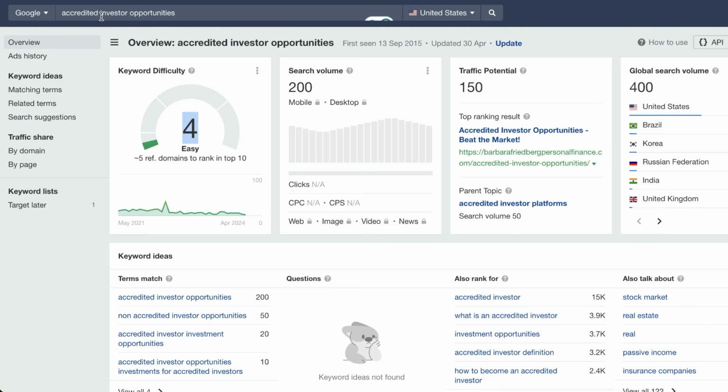And this is just one of many types of keywords that you could target. And all you need to do is some keyword research on the kind of things that you sell or the kind of investment opportunities that you have available, or whatever someone who you're looking to target may search for. You need to answer questions related to that. And chances are that the keyword difficulty for these kinds of very specific keywords will be relatively easy for you to rank for, and they should still have some decent search volume.